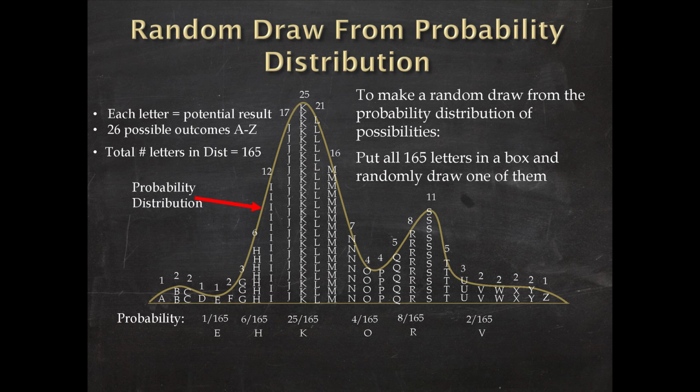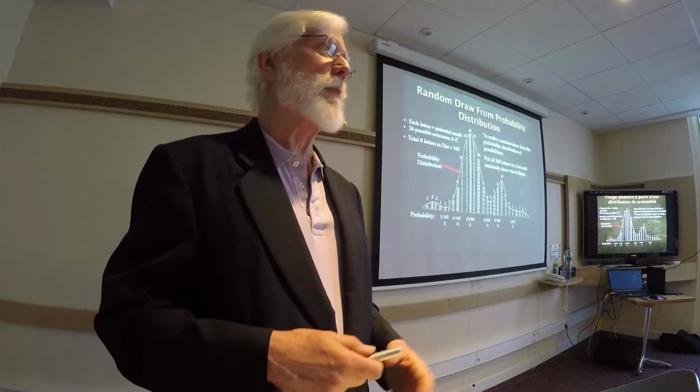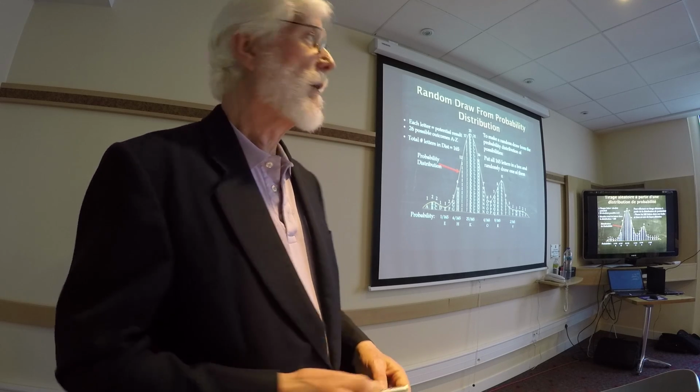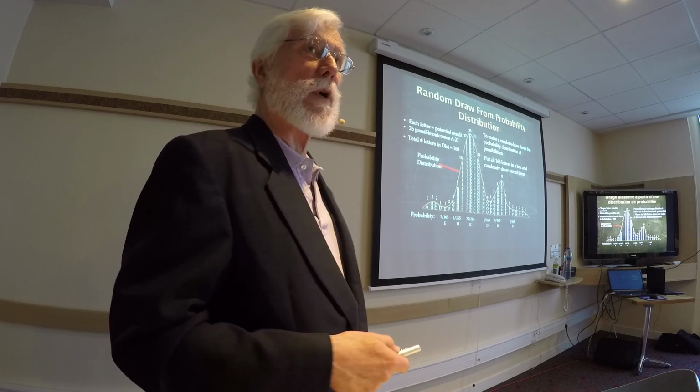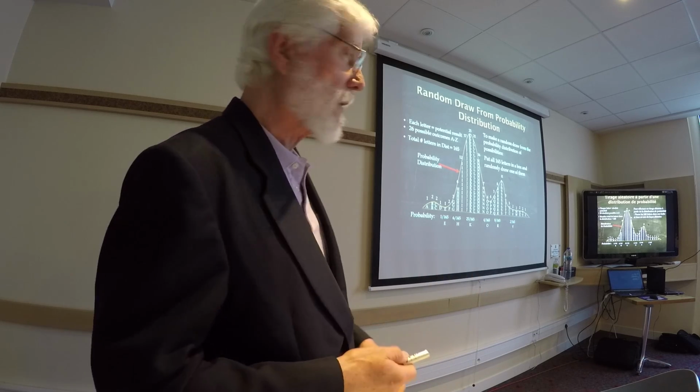It's less likely you're going to see an A or maybe a Z or an E. That might be a pine tree in a deciduous forest. You see, it's not too likely you're going to see that. Or it might be a palm tree, maybe way out here, even a lower probability. You're going to see a palm tree in a deciduous forest. That's very unlikely. So that's how it works. That's what I was talking about. All right, we'll go to the next slide.